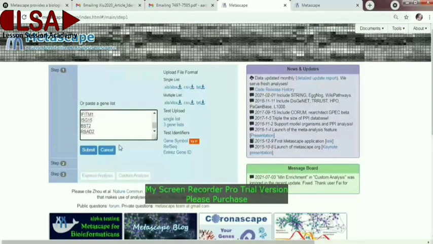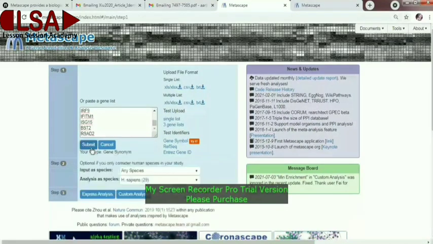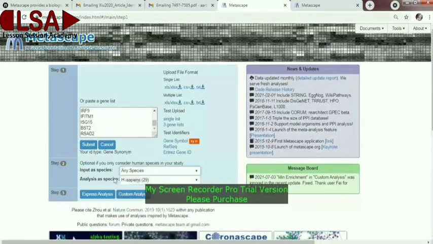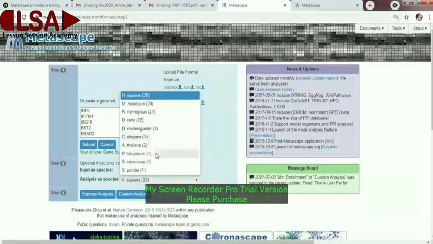After pasting, I will click on submit. Here you can choose the species: for input genes, any species, but for analysis species I have chosen only Homo sapiens. You can choose different species according to your study interest.